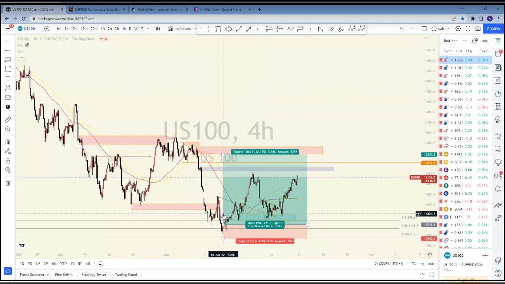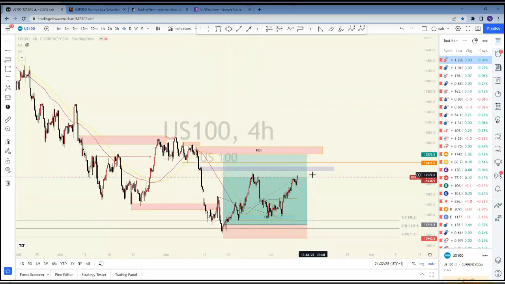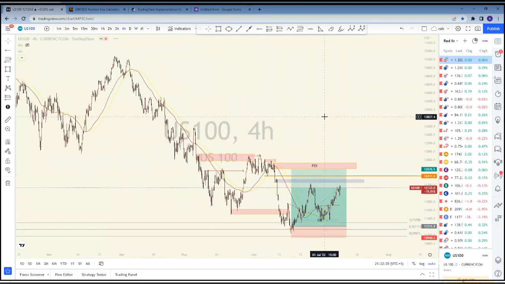This was an analysis that I dropped about 2 weeks ago, and you can see that it's still playing out perfectly. Now, these are the kind of trades that I personally like to take. That's why I always tell you that I am more of a swing trader. I don't rush my trades. I want to relax and allow the market to flow in my direction.